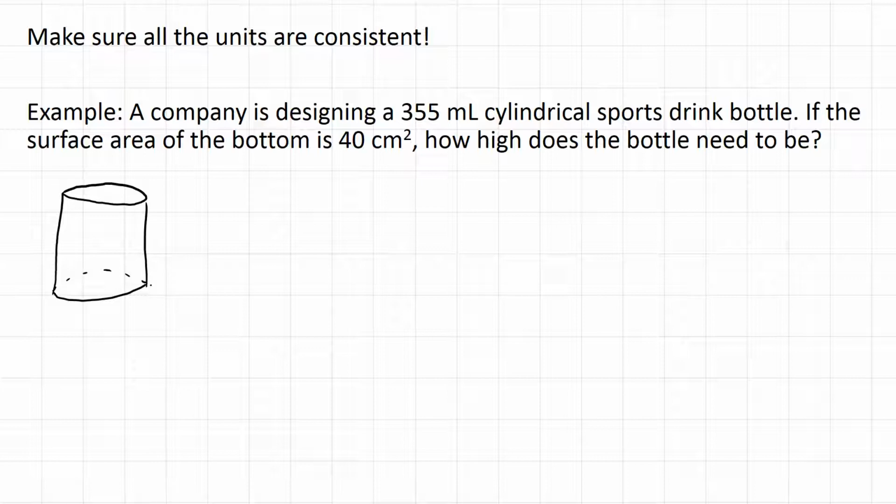So we're told, looking at these values we're given, the area of the base. We're told that the area of the bottom of the cylinder, a base, is equal to 40 square centimeters. And we're also told that the volume, V, is equal to 355 milliliters. So you notice that my area of the base is square centimeters, my volume is milliliters. I have to make these agree, so I have to turn my 355 milliliters